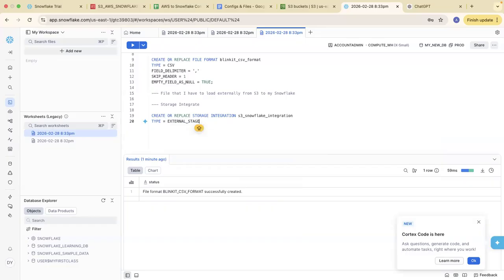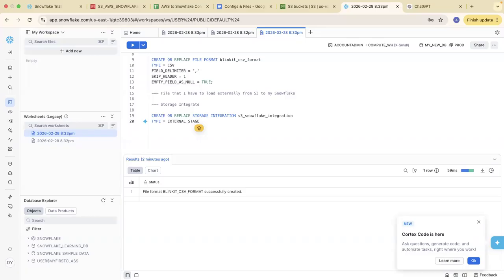A stage is basically the landing zone. If I want to take a file from my S3 location into Snowflake, then before going to the table, that file will first land on Snowflake in a stage. Right now we are using an external file, so our type is external stage.